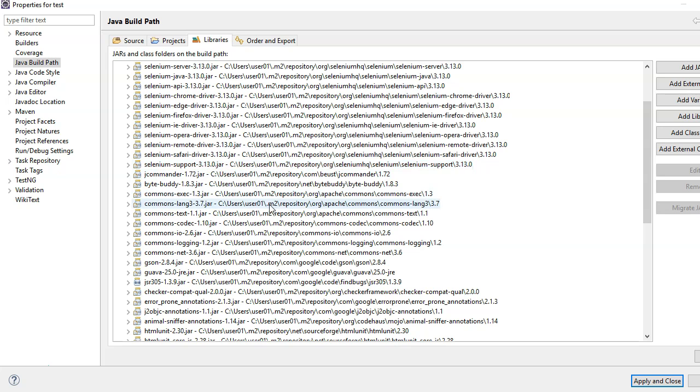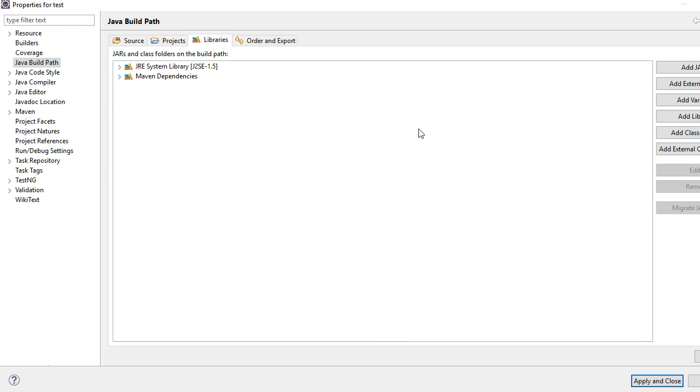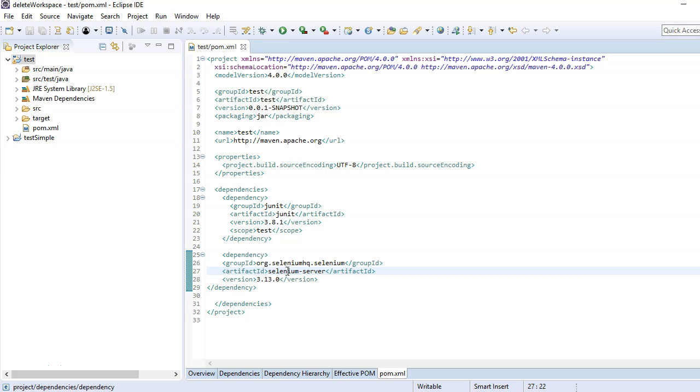So just try this, and my assignment is you need to download another jar with the help of pom.xml after creating a new project. Okay, so my assignment to you all is that you need to create a new Maven project, and you need to add some dependencies over here, and you need to check whether all the jars are downloaded or not.